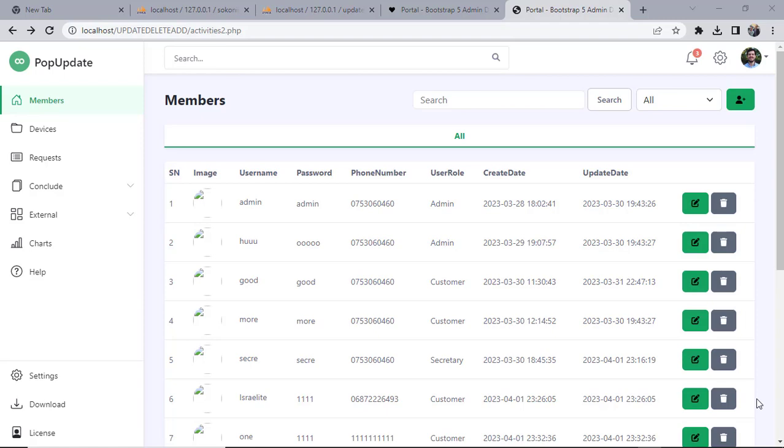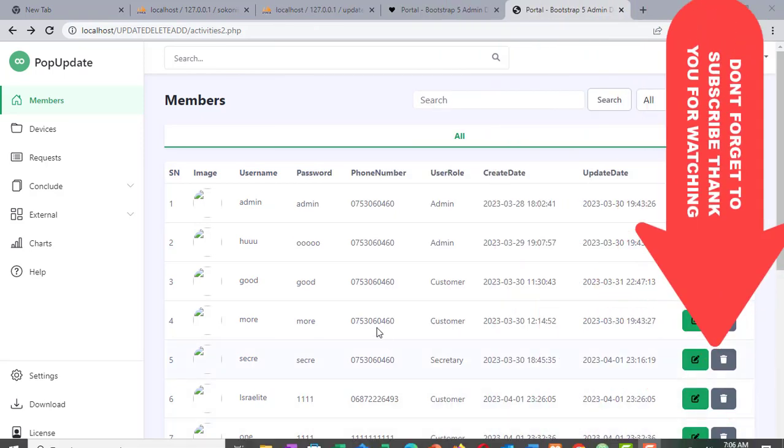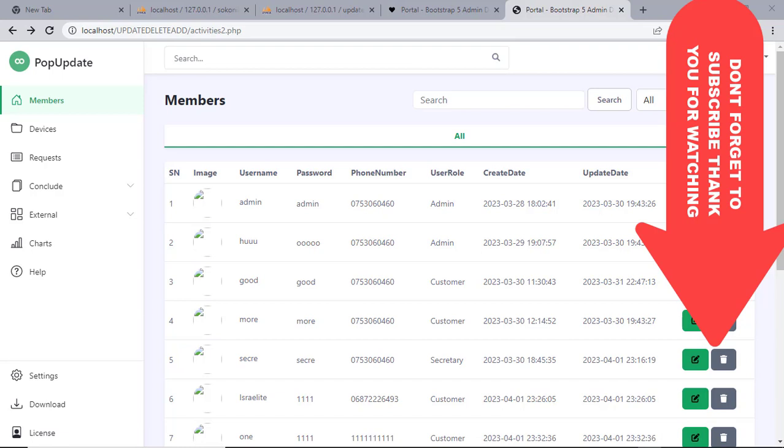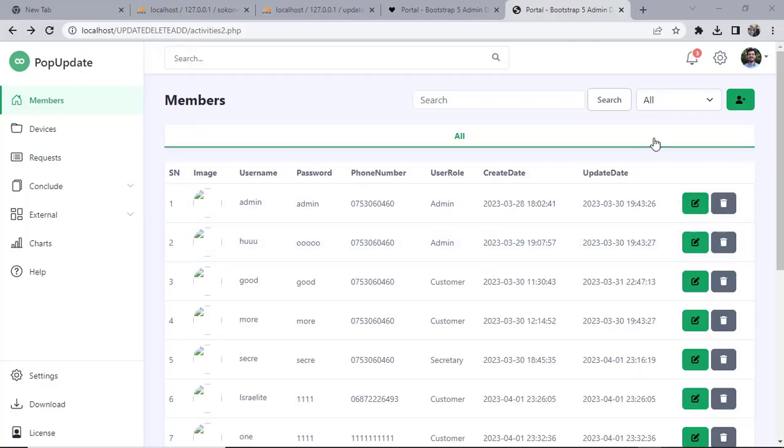Hello, so this is an illustration for pop-up updates, insert and delete, and you can see as a member comes